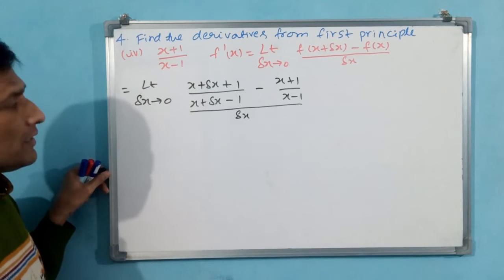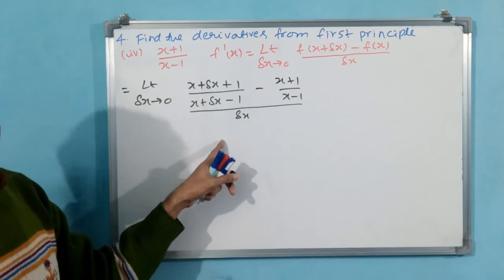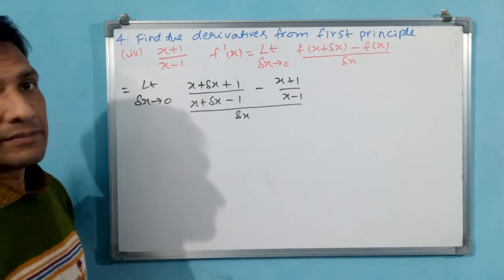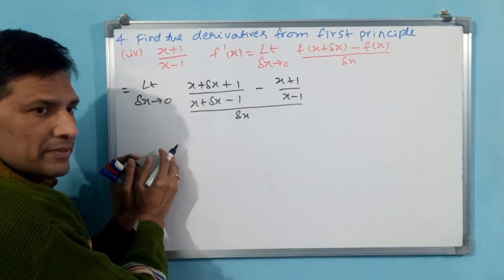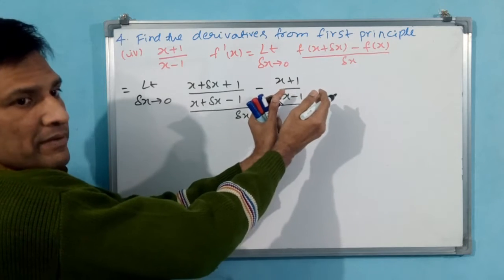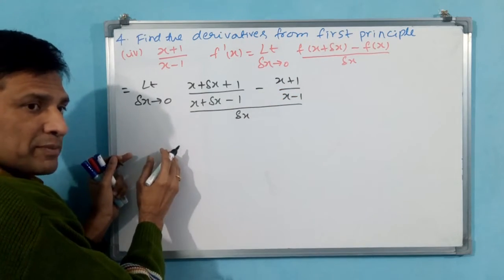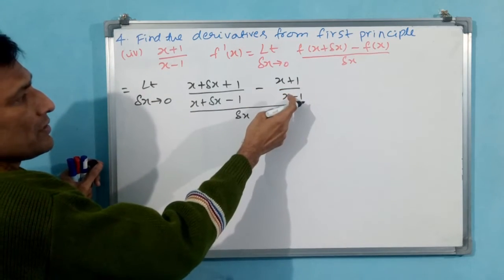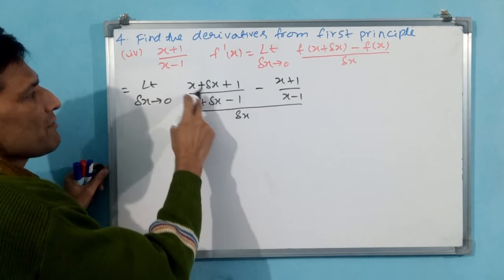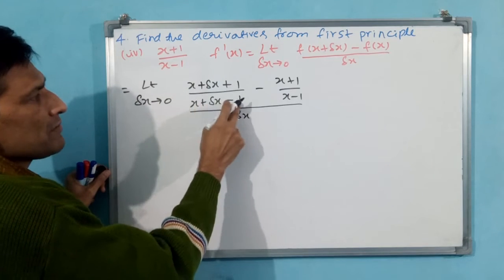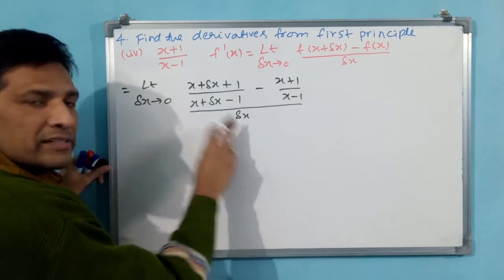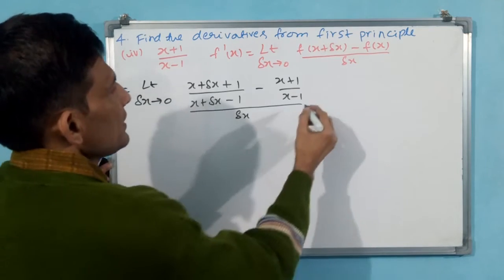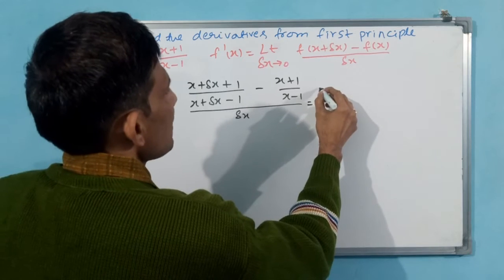Understand now? If you are not able to write this, then you are not going to get the answer. See, you take this entire thing as f of x, but here f of x plus delta x has to come. This x plus delta x has to come here. Wherever x is there, only delta x will be added. Wherever constants are there, nothing will change. Together, delta x divided by.